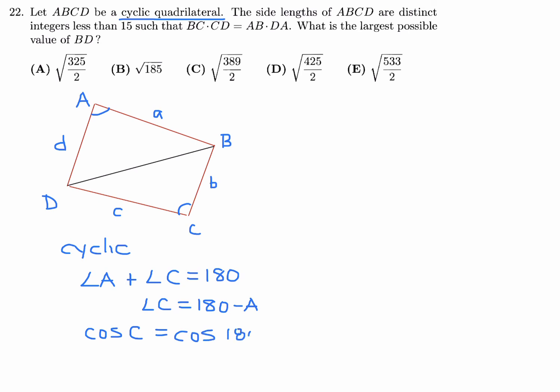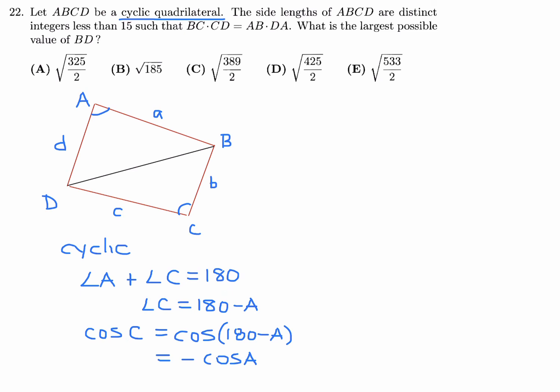And that can be changed because cos of 180 minus A is the same as the negative cos of A. So that kind of substitution is possible with cyclic quadrilaterals, since their opposite angles